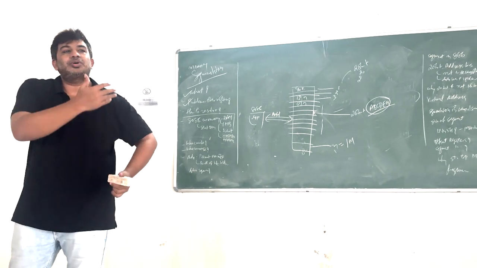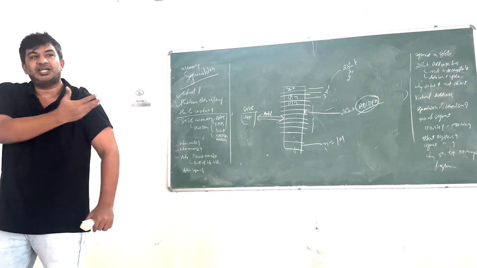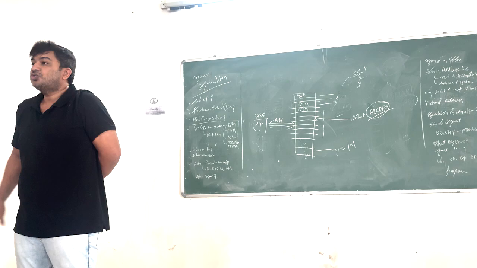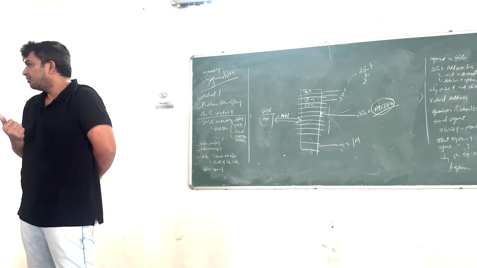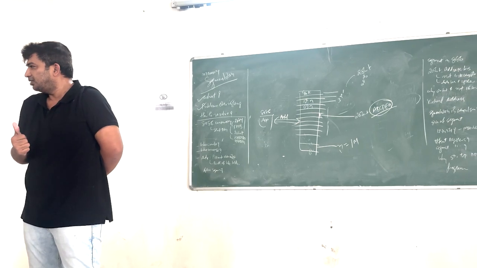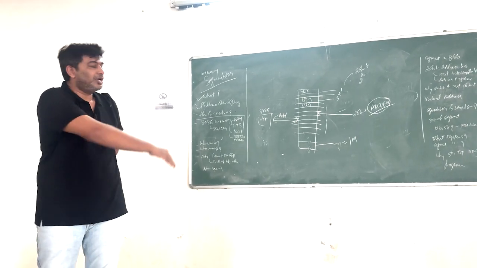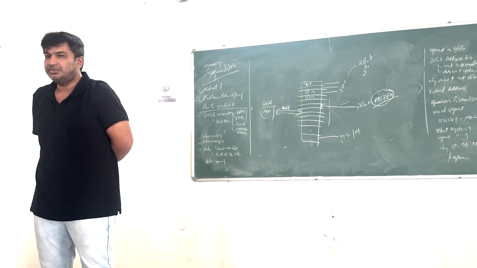Why can't we store 16 bits of data directly? If that kind of facility were available, we could store more data in a single slot and fetch more data in a single time. Yes, it would be a good thing. Then why can you store only 8 bits of data? Can you tell me the reason?